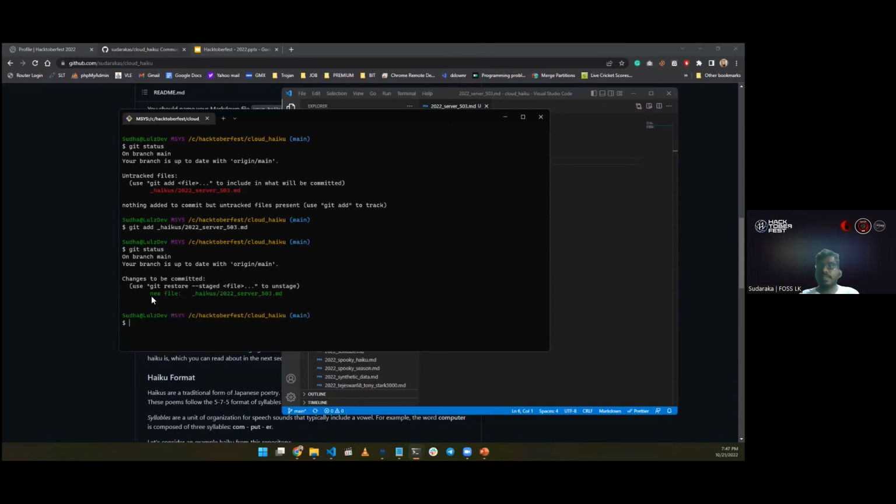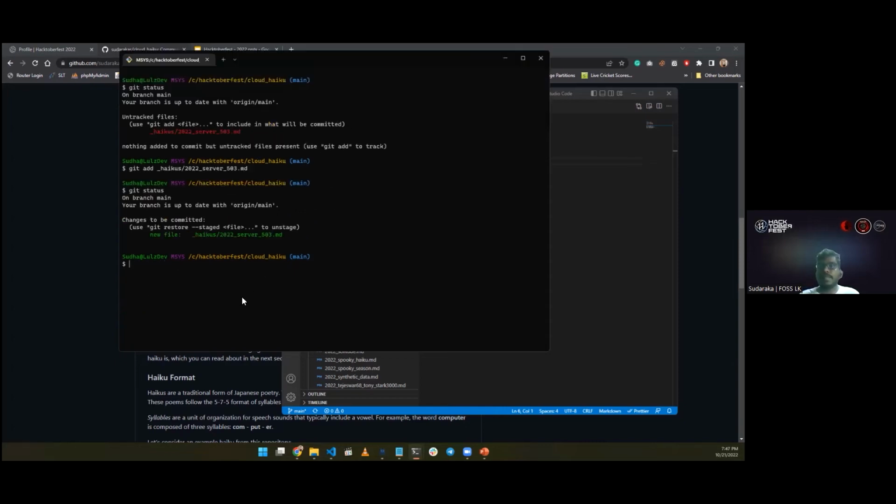So next thing is you need to add some kind of meaningful message to your commit, so that the relevant maintainer can identify your commit through this message. This commit message should be something meaningful, because the other party identifies it based on your message. So I'm going to add my commit message here.